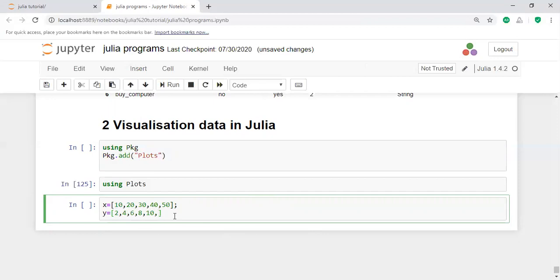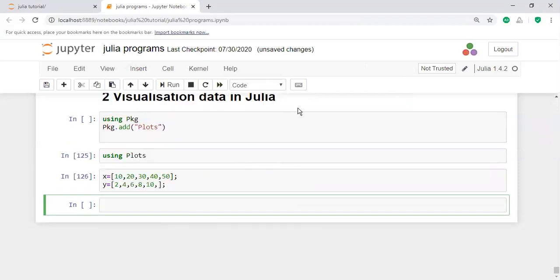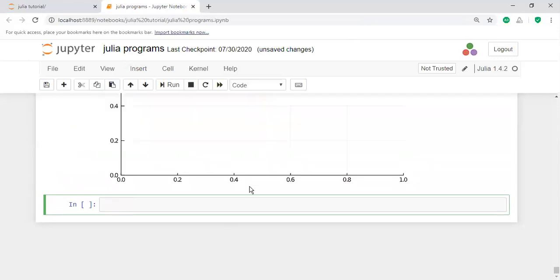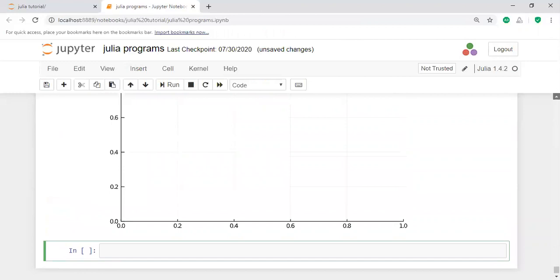Execute these two. If you need an empty plot, the empty plot looks like this.